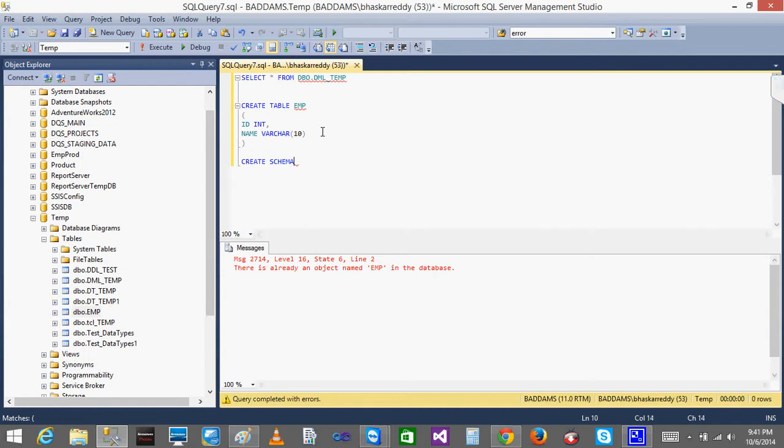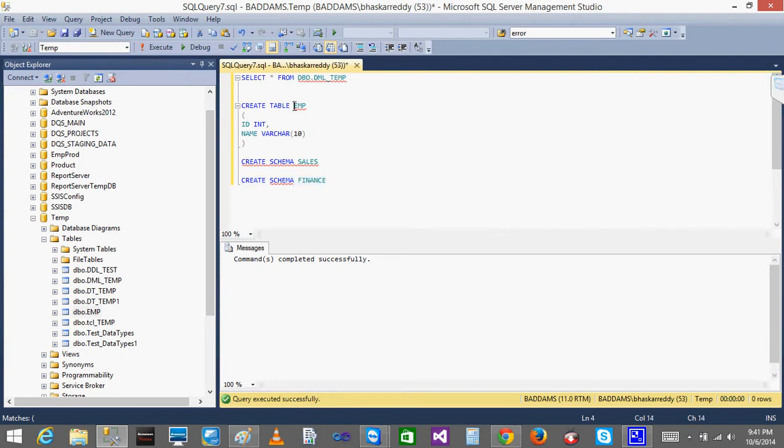See, for create table I use create table and the name, but for create schema, create is the basic syntax. So I am creating an object type called schema and I will give the name sales. I will create one more schema, create schema, and I will name it finance. That's it. I am creating one schema called sales and another schema called finance. So now what happens? The database will be divided into two groups.